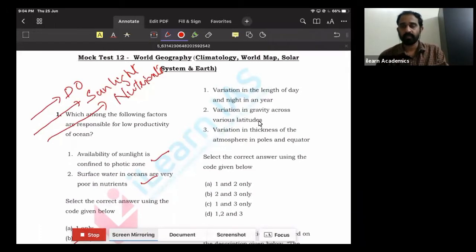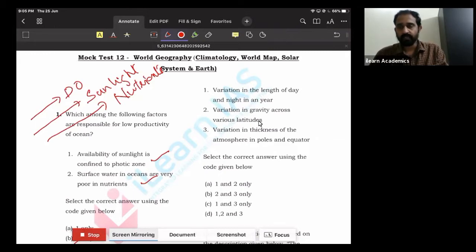Wherever these three factors are available, there will be high productivity. One such example is the shallow seas. In shallow seas, the sea bottom is very close to the surface, so nutrients are very close to the surface layer where there is dissolved oxygen and nitrogen. So there is high productivity. Most of the coral reef regions are associated with shallow sea regions. Then there is the upwelling region. In areas of upwelling, the nutrients are brought from the sea bottom towards the surface, so there will be nutrient availability, thereby increasing the productivity and biodiversity.